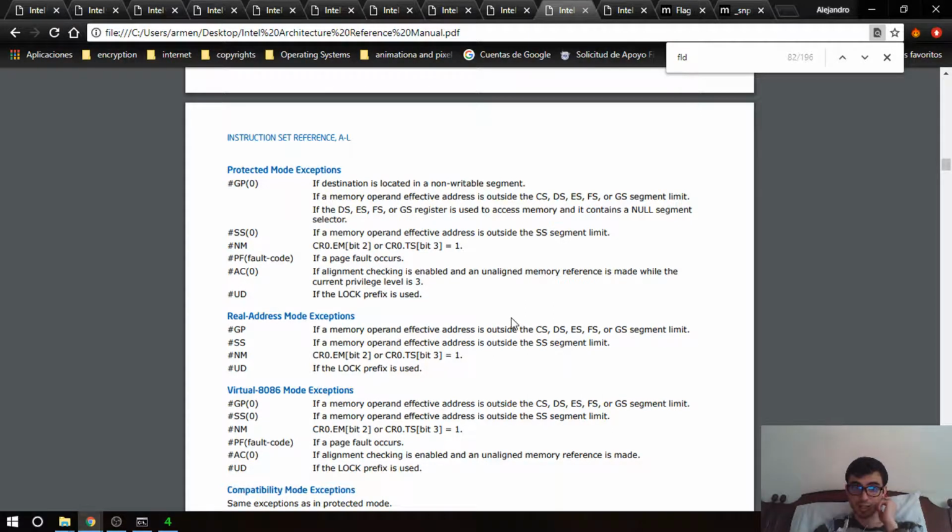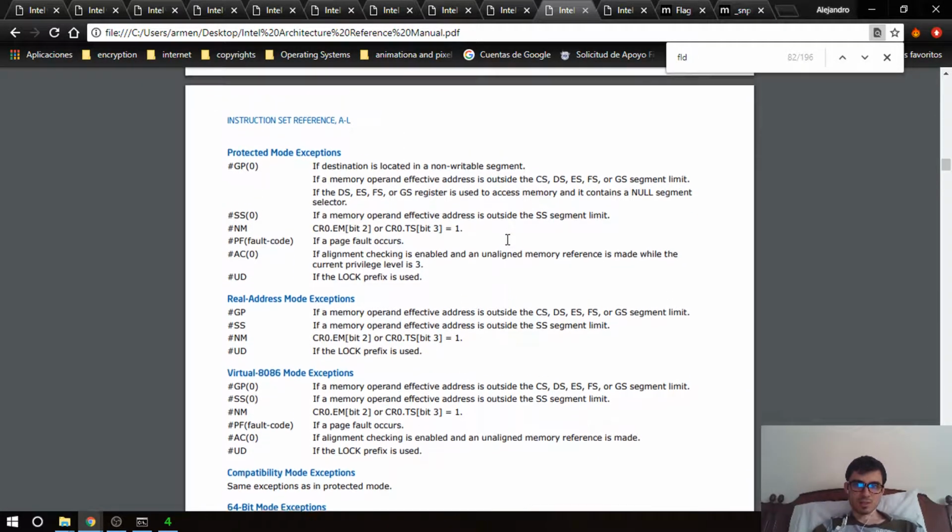If the DS, ES, FS, or GS register is used to access memory and it contains a null segment selector. Oh, that's interesting. So even if the destination is non-readable, even if we are just reading from the load, I believe this happens. Okay. If a memory operand effective address is outside the SS segment limit,